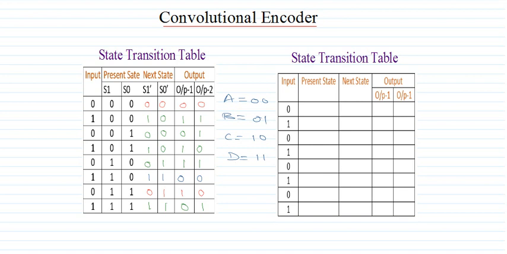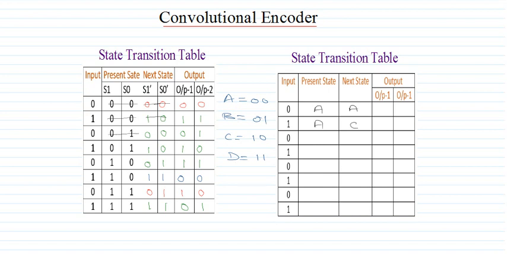Now when we transform this state transition table, wherever S1, S0 shows 00, we will replace that with A. Here we can make the entries. This is 00 we can see here, so the present state will become A here, and the next state here again 00. For this 00 I have entered A, and for this 00 I am entering A here. Similarly, for this 00 I am entering A, and for this 10, you see here 10 is C, so I am entering C.